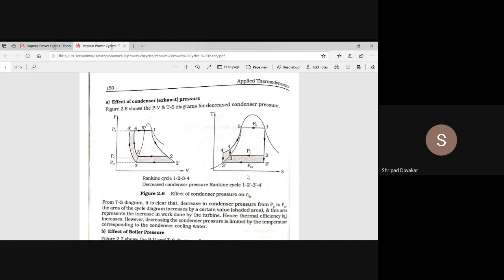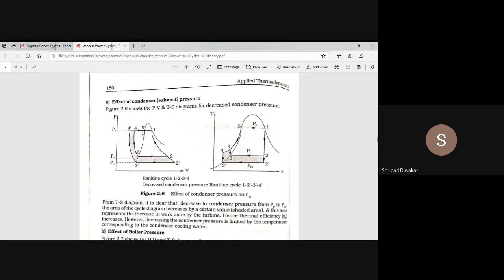These are the four things you should remember, four diagrams that I am showing. First, I am explaining the effect of condenser pressure, which means reducing the condenser pressure. First, you analyze the PV diagram. As I said, PV diagram 1 to 2, 2 to 3, 3 to 4. First you draw the saturation curve, which has this nature in the PV case. Whatever diagram you are seeing, first you have to draw the nature of the saturation curve in the PV and TS diagrams. This is the first important thing. Then after that, you write all the processes. This is a basic step.